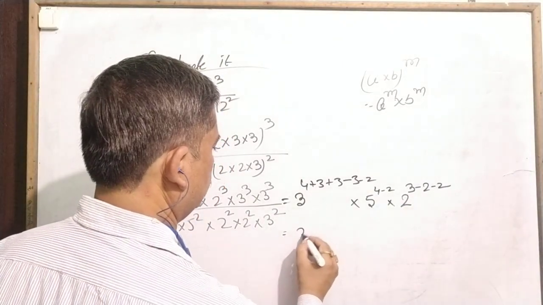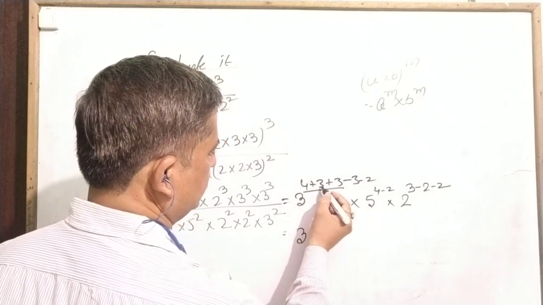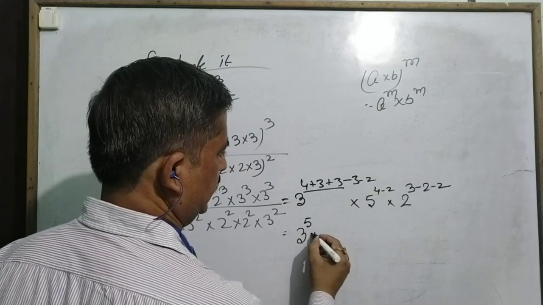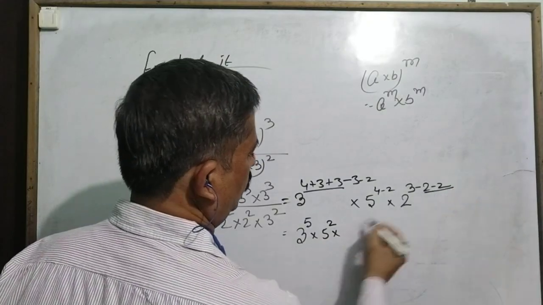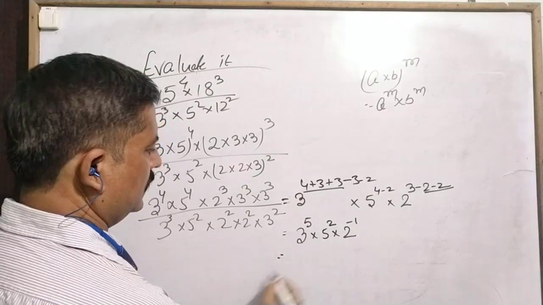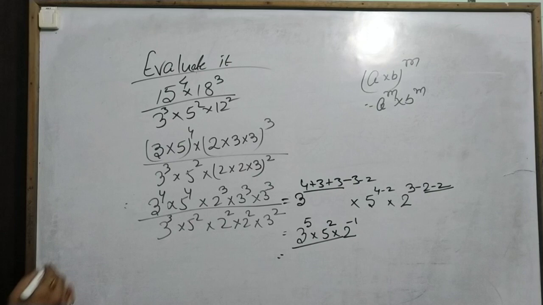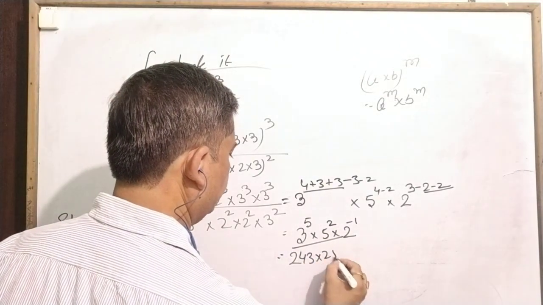So 3, 4 3 is 10 and 4 3 is 7, 7 3 is 10, 10 minus 5, 5 into 5 to the power 2 into 4 means 2 to the power minus 243 into 25 by